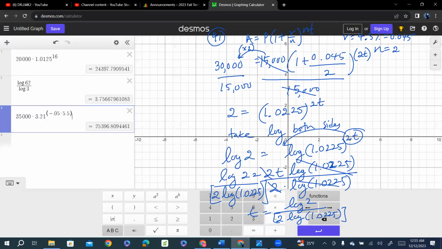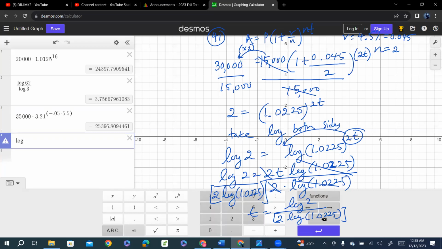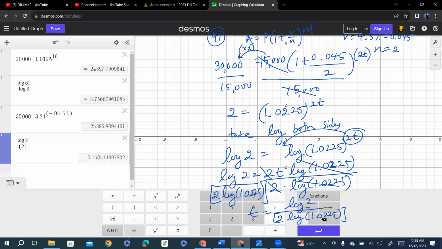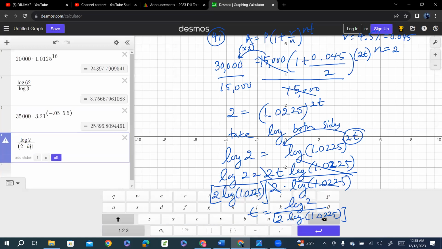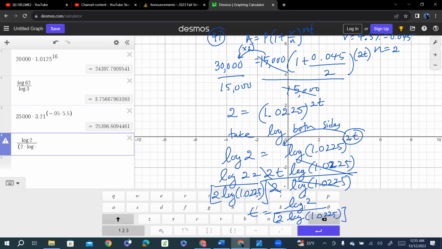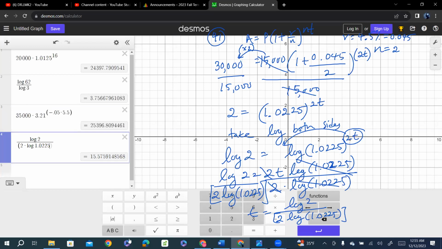Let me come back here and type log 2 divided by a parentheses 2 times log 1.0225. So it's approximately